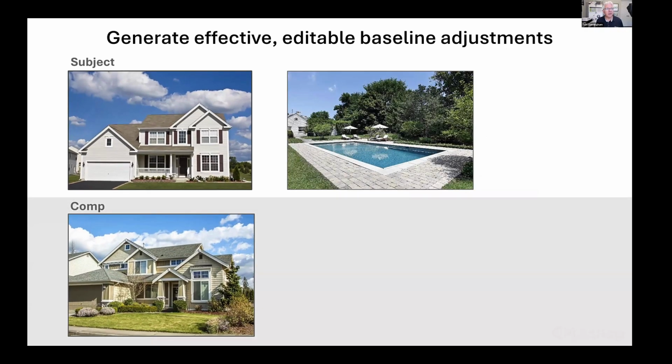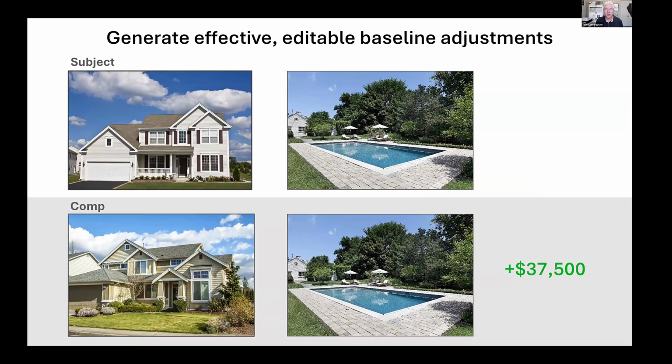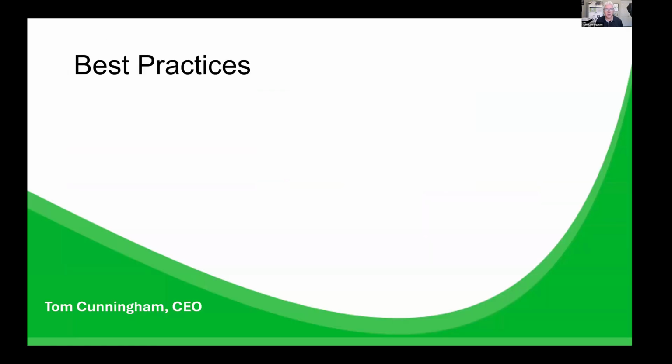Practically speaking, let's say your subject has a pool and your comp doesn't. Well, you have to add the value of the pool to the comp. And if the comp has a pool and the subject doesn't, then you have to subtract the value of the pool from the comp. Pretty simple, right? So best practices, and we're going to jump into the app in just a second,